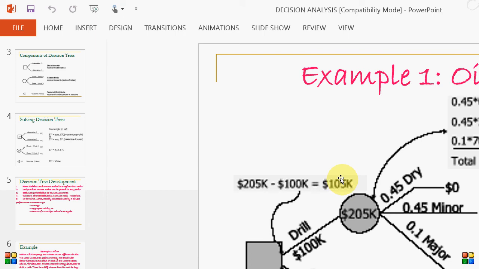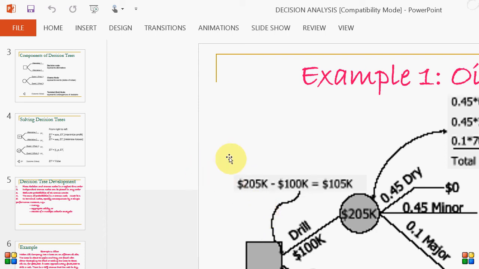So what we do in EMV, or expected monetary value, is we multiply probabilities with the payoffs and then we add them all. So here it's 0.45 times 0 equals 0, 0.45 times 300 equals 135K, and then 0.1 times 700 equals 70K. After multiplying them, we'll add them all up. So 0 plus 135 plus 70 makes it 205,000. So the profit, if the company is drilling the well themselves, is 205,000 vis-a-vis if they sell it for 50,000.